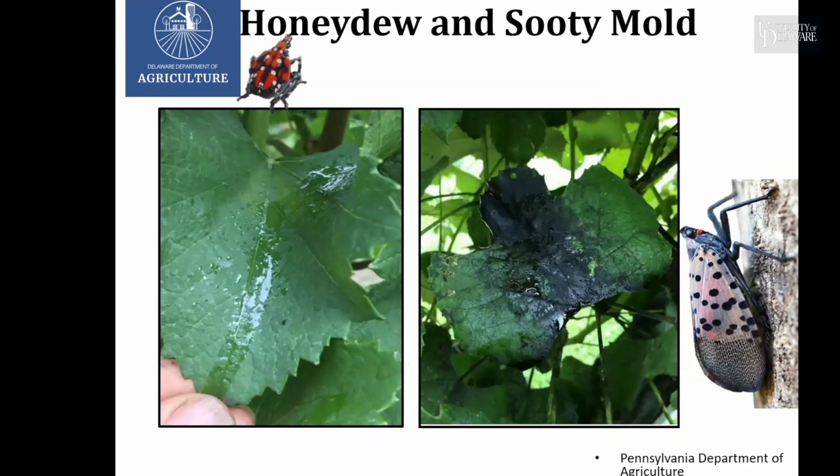They're ingesting this high sugary sap, and it's coming out so forcefully from the tree that it is expelled very forcefully from their rear end. It's a very sugary excrement called honeydew, and that'll land on anything that's underneath it. It will land on leaves, and then that sugary honeydew will promote the growth of sooty mold on the leaves, which